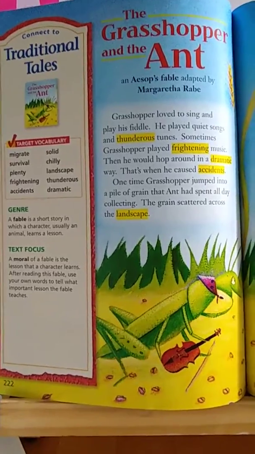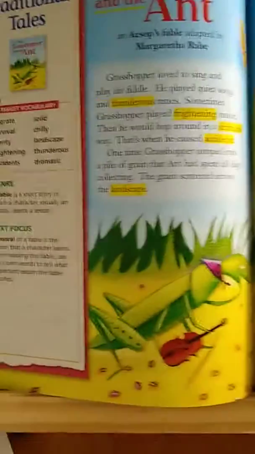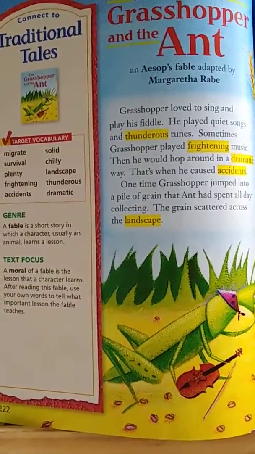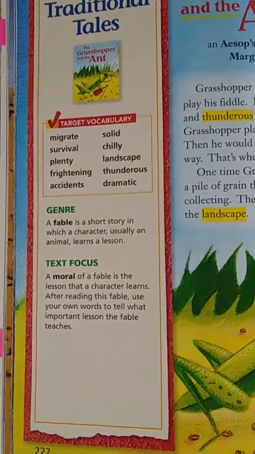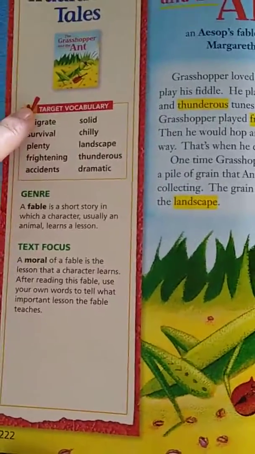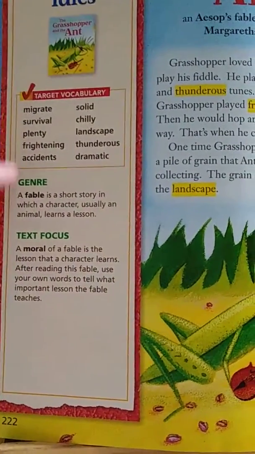Now, on the previous video, Miss Clack got a little bit ahead of herself and stopped with the essay. I was going to explain the essay, but first forgot to tell you that before you can complete the essay, you had to read the grasshopper and the ant, which is a fable. And I know that you all took the time to read this important part before you read the fable, which tells you the genre. Of course, at the top, it reminds you of all the important vocabulary words that were used in the previous story as well.